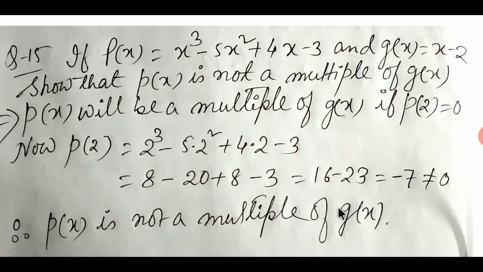Next, question number 15. If p(x) equal to x cube minus 5x square plus 4x minus 3 and g(x) equal to x minus 2, show that p(x) is not a multiple of g(x). The language is different, but the fact is, here you have to check whether p(x) is divided by g(x), that is, if there is no remainder,